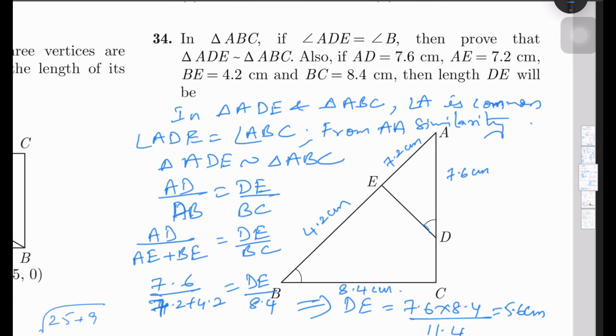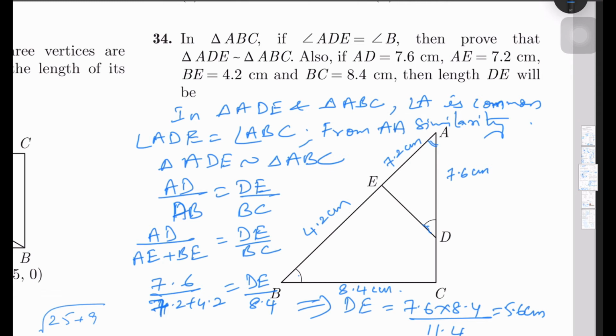So now how to tell that these two triangles are similar, first we'll see. Now in triangle ADE and triangle ABC, angle A is common for both of them, and you also have angle ADE is equal to angle ABC. So therefore from AA, because angle A is equal to angle A and this angle is equal to this angle, you have from AA similarity that both the triangles are similar.